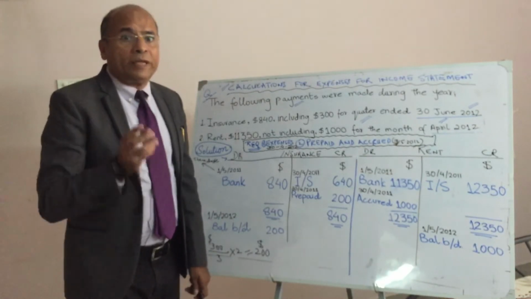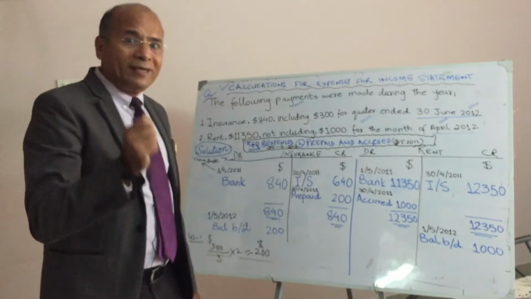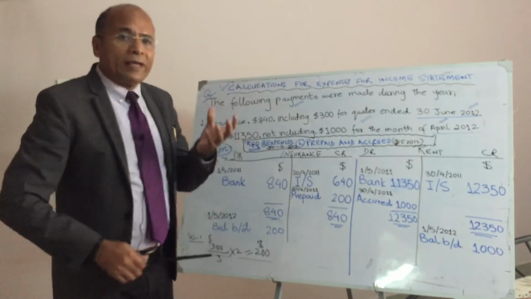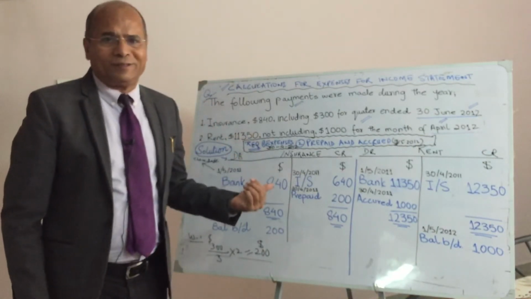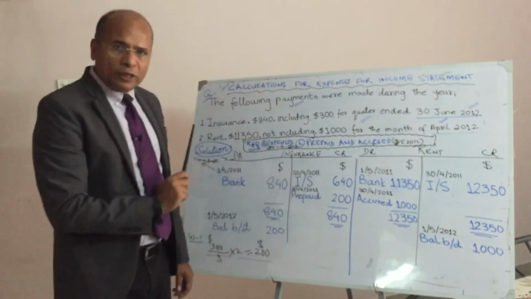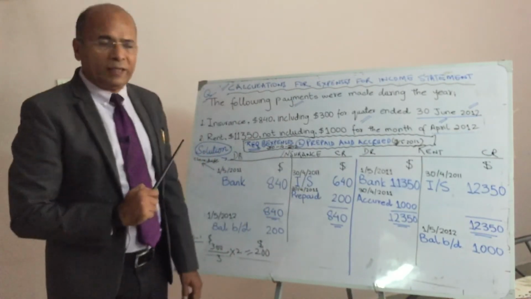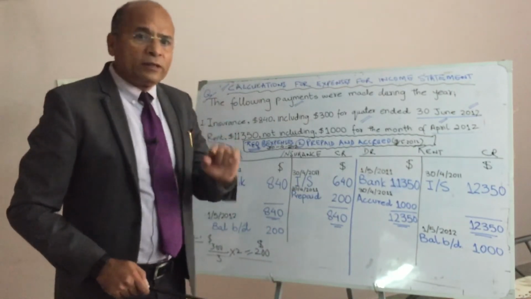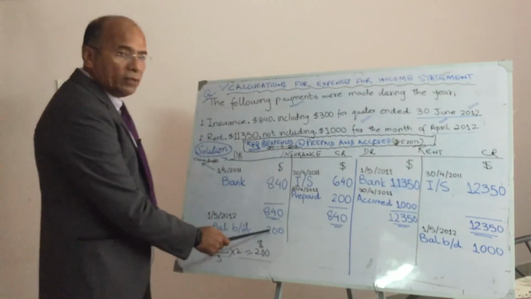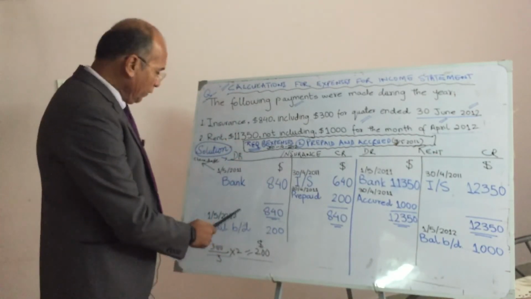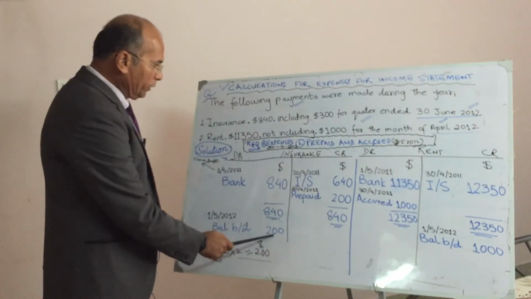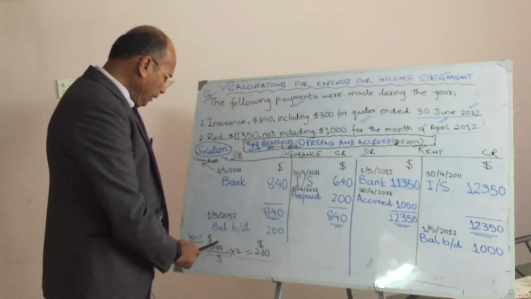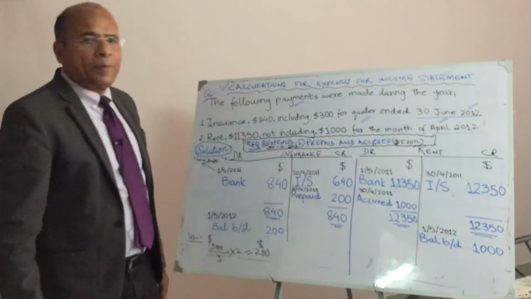So this was the requirement, that what amount will go in the profit and loss account, and you learn how we calculate an amount of expense from a T account. This 640 will go to income statement, and the date is 30th April 2011, and this amount, which is a prepayment, this is an asset, and this will become opening balance for the next month, or next year as well. Balance b/d, brought down, 200. Here the date is there, 640. I have charged to income statement, and you can see that I prepared the insurance account in this way.